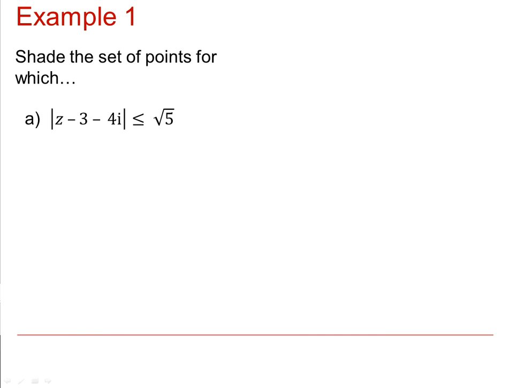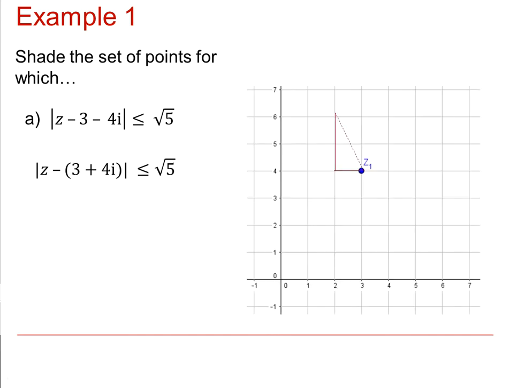The modulus of z minus 3 minus 4i is less than or equal to the square root of 5. Now, as in previous videos, the first thing we need to do is rearrange that left-hand side so that we can decide that the fixed point we're considering is at 3 plus 4i. We put that onto an Argand diagram, then we consider what we mean by less than or equal to